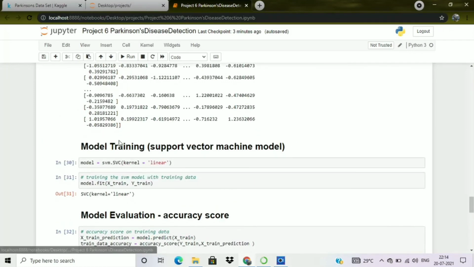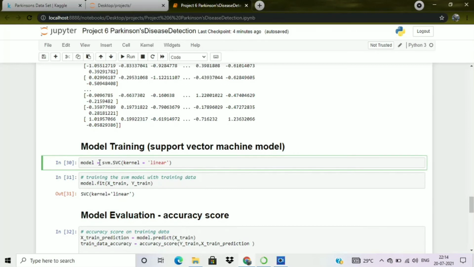After that we are training our support vector machine model. As we have already seen, we have imported the svm function. We have created a new variable, model, and here is the support vector classifier. Basically this is a classification model, so we are using the support vector classifier model here.